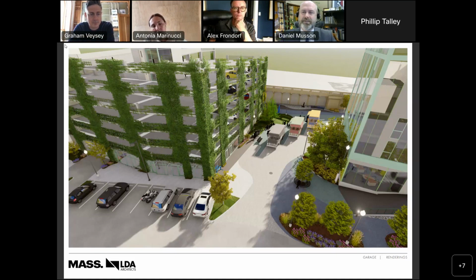So the initial Landmarks Commission approval of this project, the certificate of appropriateness, was contingent on approval of the garage, landscaping, all of that. So I don't know, Graham, if it's being able to get a certificate of appropriateness for the tower in order to pull permits and start moving forward on some elements of this. I don't know that just approving the massing would get you there. Well, the massing allows the program, which backs us into the financing. So if that's all you need, I can't sign off on the permit at this point.